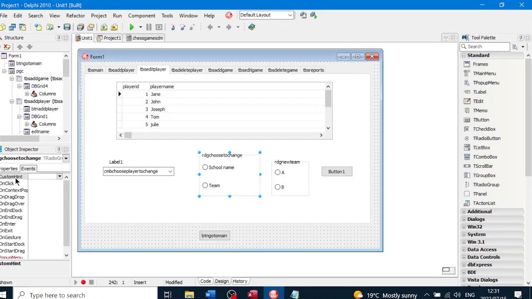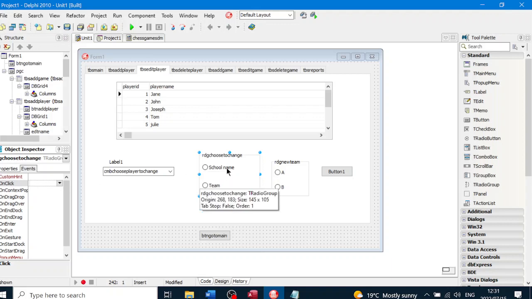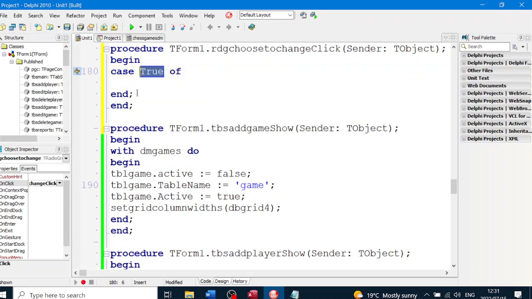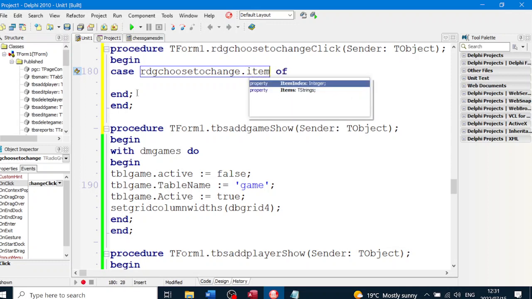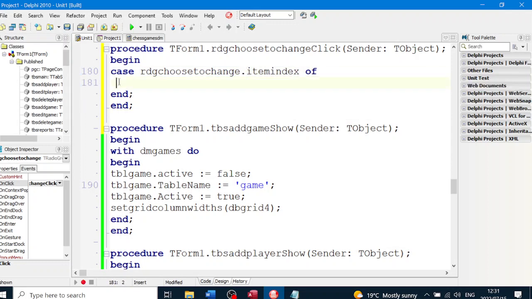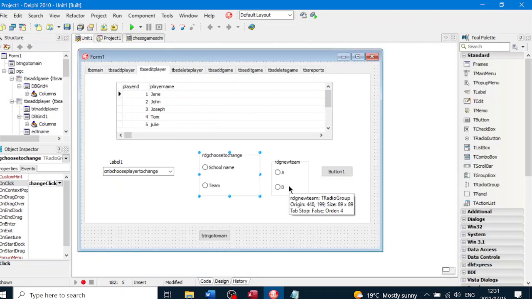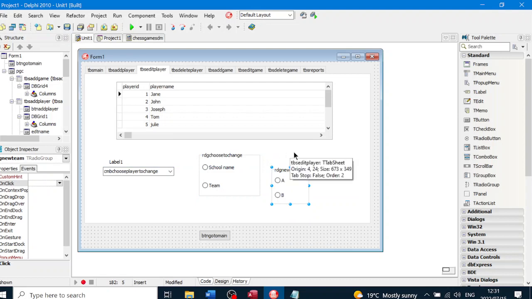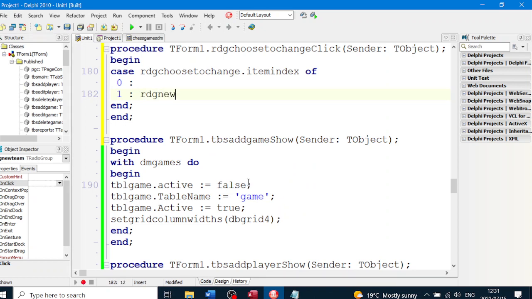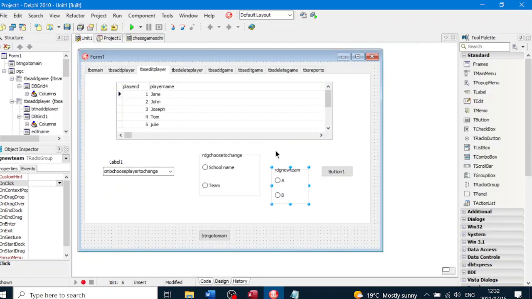So we click on our radio group box and we're going to go to the on click event of the radio group box. On click event. So on click event, we're going to say case RDG choose to change dot item index of. Now we do need to have the item, the case structure. We can't just go and 0 and 1. Now what I've done is I've made this invisible. I can actually put an edit box here as well, but I'm going to make RDG new team visible if RDG new team dot visible colon equals true,